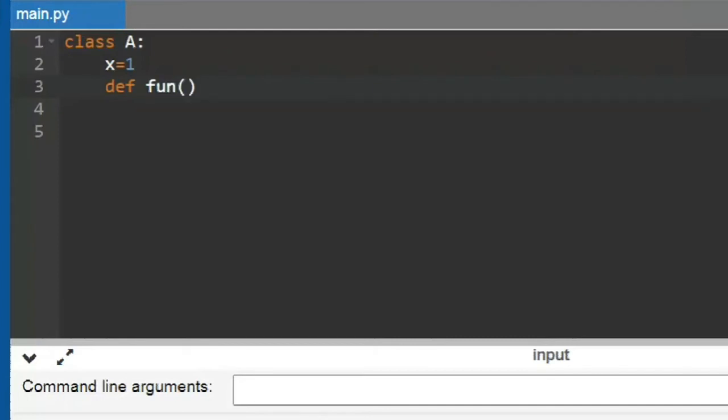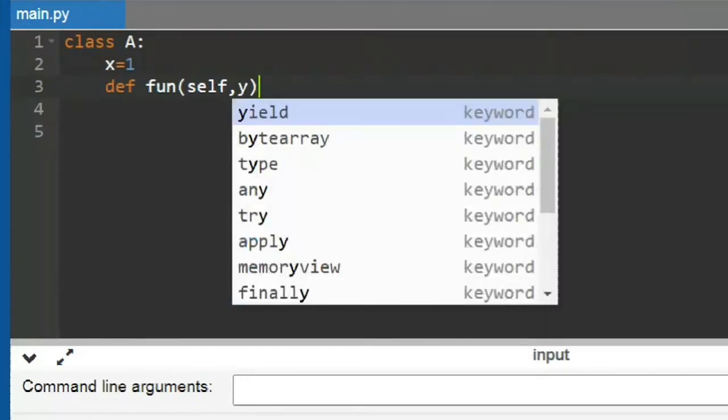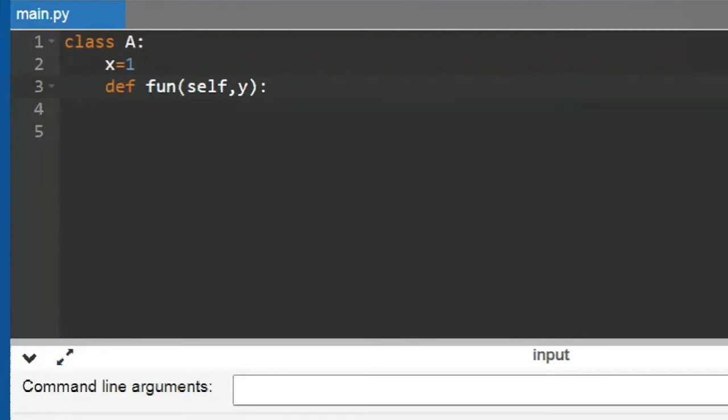Inside the function, I definitely have to put the self parameter. This is mandatory. The first argument should be self, and I'll tell you why it is self. Then I have another variable, so it is taking one argument, not two. Remember this: self should be there as a mandatory parameter, and you cannot put self after. The self should be the first argument inside your class method. This is called a class method, which is a member of a class.